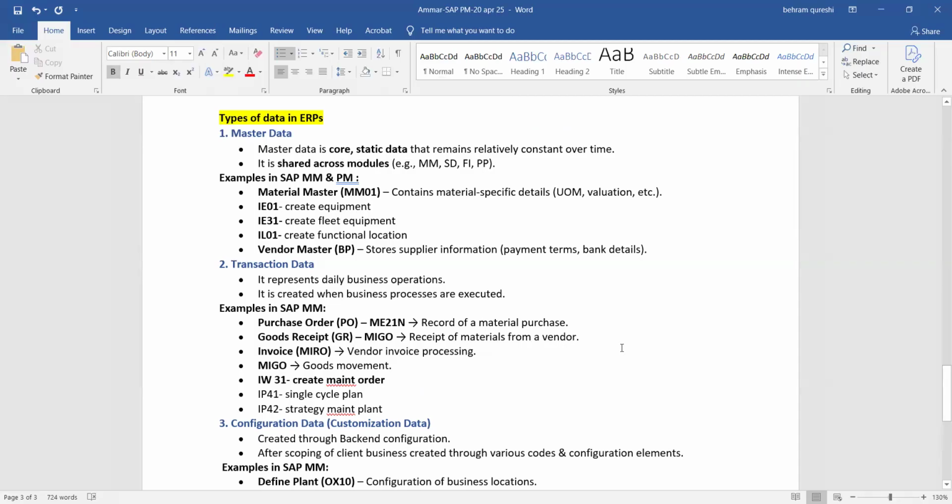Master data is the required data that has to be entered in the system. For example, the equipment available in the site, or the functional location, which is linked with equipment for the location of equipment. Transaction code